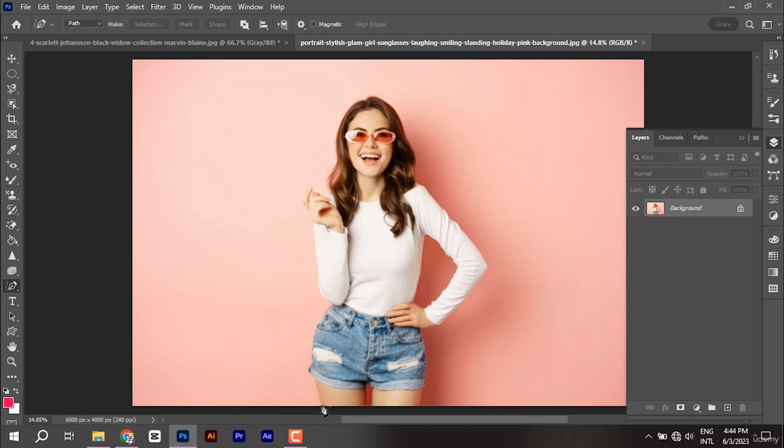What's freeform pen tool? Actually, freeform pen tool is more easy to draw something, but you should hold your pen and you should just draw something like this, and it's not really easy to draw whatever you want. But why do we need the